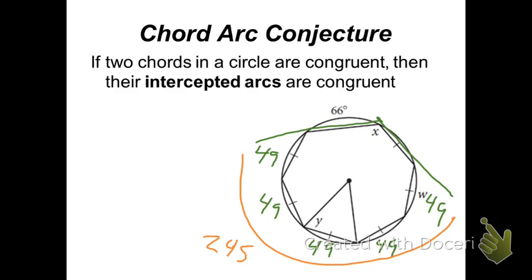Let me just double check that to make sure I didn't give you false information. Alright, I didn't. So X intercepts that orange arc, that's 245 degrees, so X has to be half of that. So 245 divided by 2 comes out to,